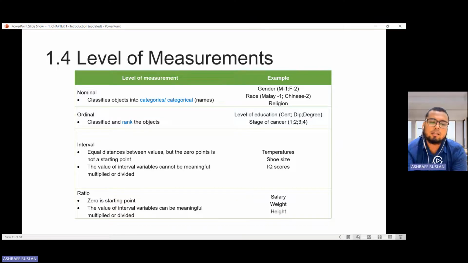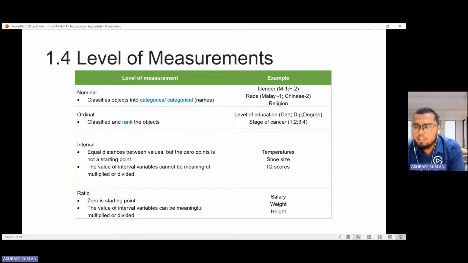And the value of interval variable cannot be meaningfully multiplied. Ni nak senang bezakan dengan ratio. Kalau nilai-nilai pada interval ni, kalau kita nak multiply ataupun divide ataupun kita nak jadikan dia sebagai ratio, agak pelik. Contohnya, hari ini panasnya 2.5 kali ganda daripada semalam. Jaranglah kita sebut macam tu. Kita selalu sebut hari ini lebih panas daripada semalam.